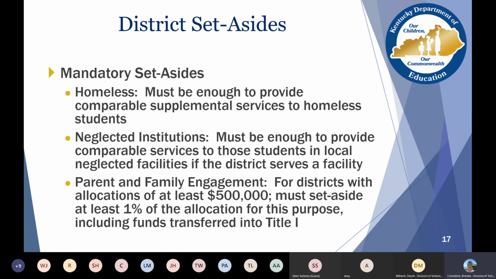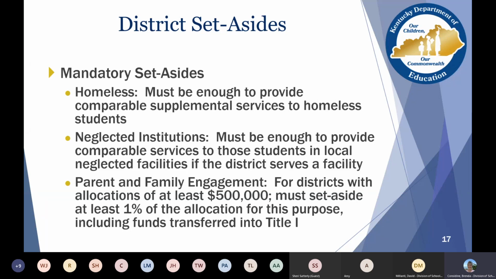Also, parent-family engagement is actually allocated for you in the application, okay? For districts with allocations of at least 500,000, you must set aside at least 1% of that allocation for parent-family engagement, and that would include funds that you have transferred into Title I from another federal grant.